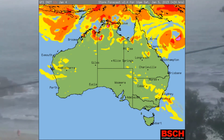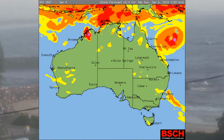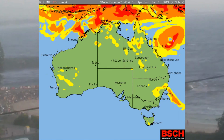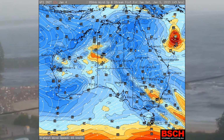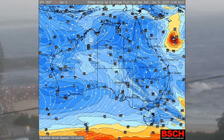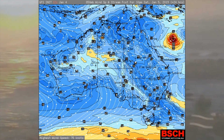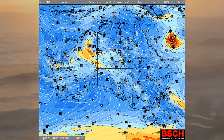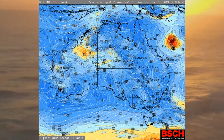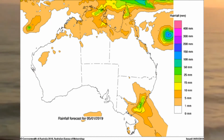Environmental analysis indicates the system lies in a marginal environment with high 20 to 25 knot northeasterly vertical wind shear, warm sea surface temperatures of 28-29 Celsius, and a moderate poleward outflow. The system has remained quasi-stationary over the past 12 hours in a weak steering environment where moderate levels of ocean heat content are contributing to the overall weakening convective structure. The system is forecast to remain quasi-stationary over the next 12 hours,